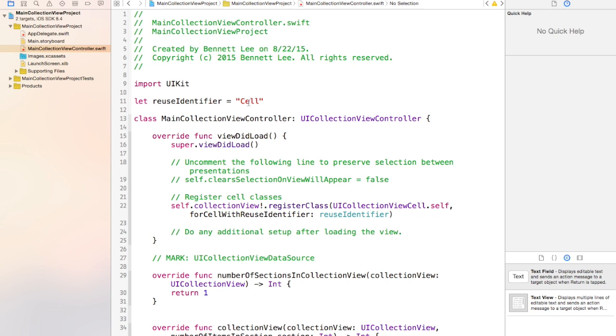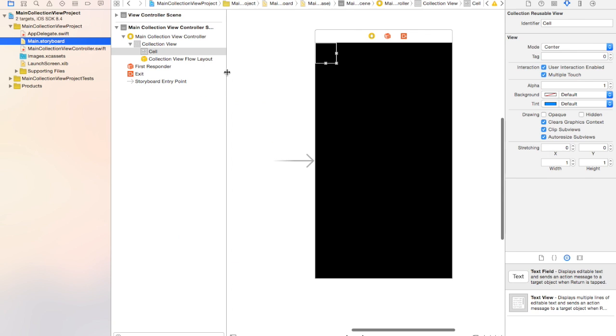Next, copy your reuse identifier, which is in this case a cell. Go back to your main storyboard, click on the cell, make sure the cell is selected, click on the attributes inspector, and then make sure the reuse identifier is the cell. Now this whole concept of reuse identifier, and if we go back here,